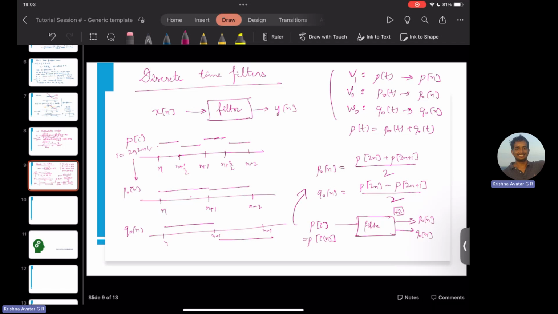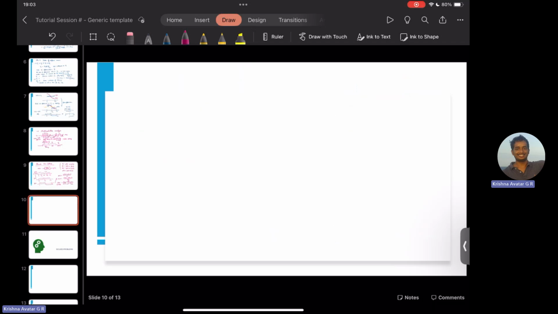I think with this, we were able to understand some aspects of our filtering business, and also what we call filter banks. So far in the class we have dealt with Haar filter banks,